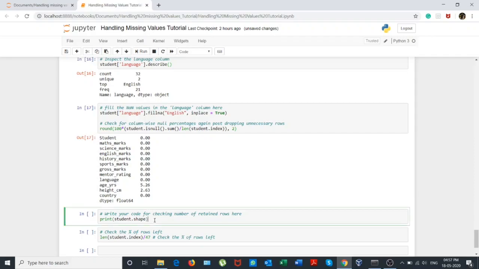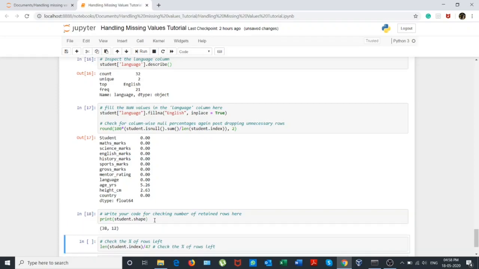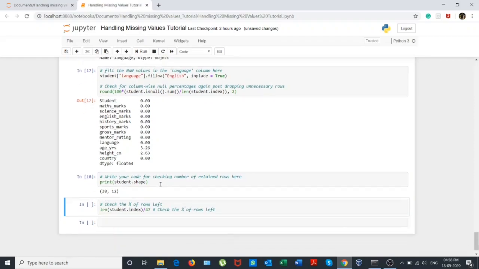One step further, after completing the cleaning exercise, you will always want to know what you have lost during this exercise. To do that, you will again check the shape of your data frame by using dot shape functionality of pandas, and you see that the dimensionality of your data frame has been reduced to 38, 12, so 38 rows and 12 columns.